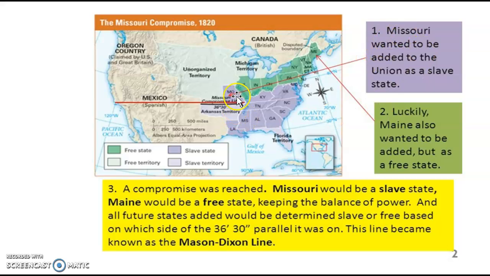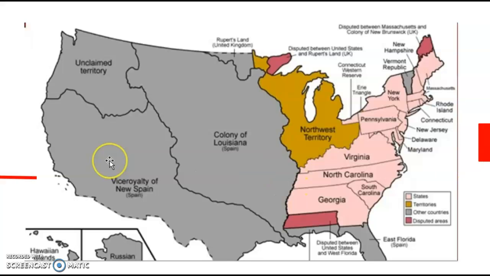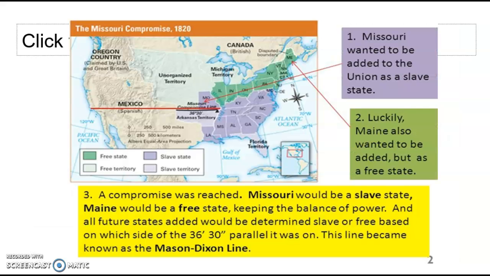You see, number one, Missouri is going to enter as a slave state. Maine, separating from Massachusetts, they're going to be a free state. Then you're going to see that Missouri is going to enter as a slave state, Maine as a free state, and this line is what's going to outline who is a free state in the future and who is a slave state. So what that looks like is here. All right, Congress is going to say, boom, Missouri, you're a slave state. Maine, you're going to separate from Massachusetts up here. And then we're going to draw this line. From now on, everything above this line will be free, except for Missouri. Everything below it will be a slave state. So pretty much that is what I need you guys to understand with the Missouri Compromise.